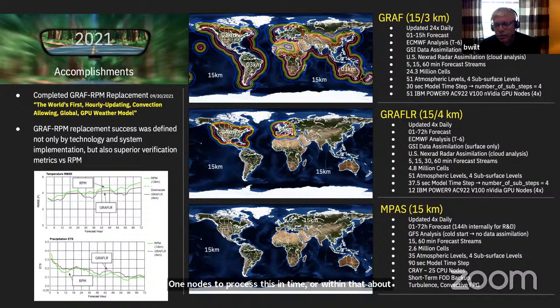51 levels, and just for anyone who does use MPAS, we were able to use about 10 DX, according to Bill's recommendations, with the number of acoustic substeps equal to 4. We were able to go from an 18-second to a 30-second model time step to save a big chunk of time